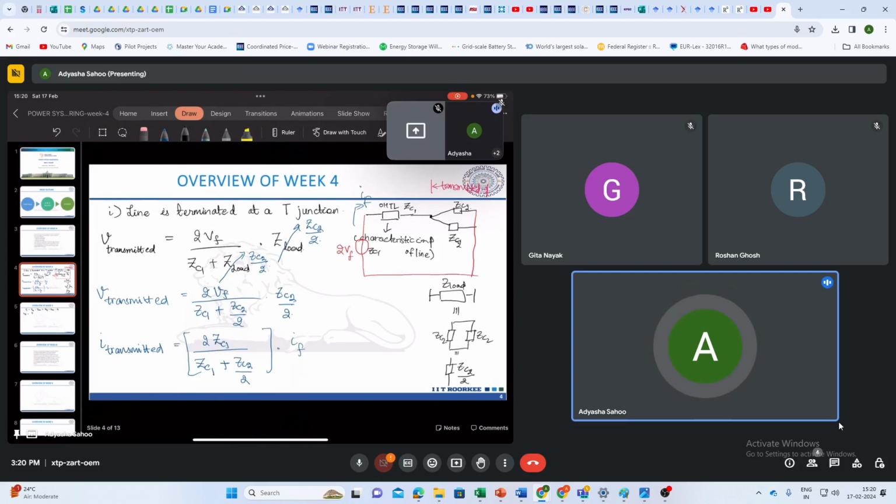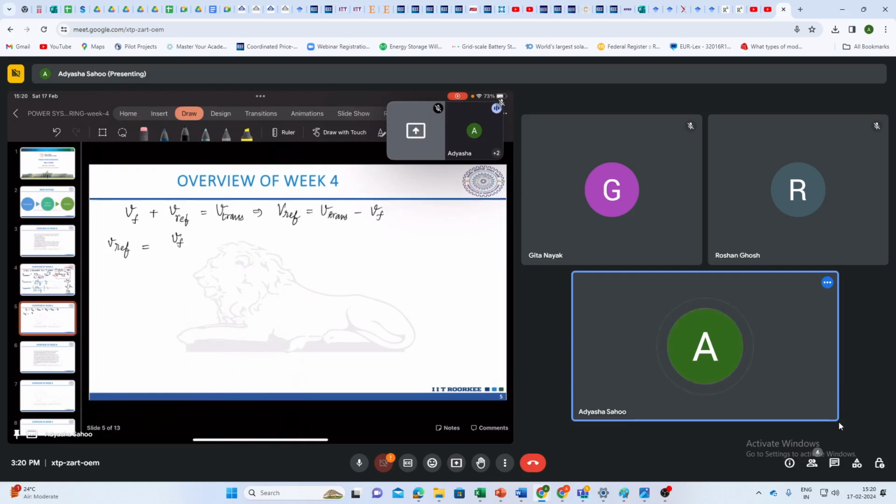Previously we found the formula of V transmitted. It was 2VF, ZC2 by ZC1 plus ZC2, minus VF. So if I take VF common from here, what I'll be getting here is